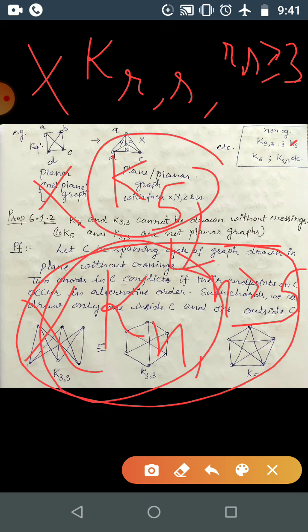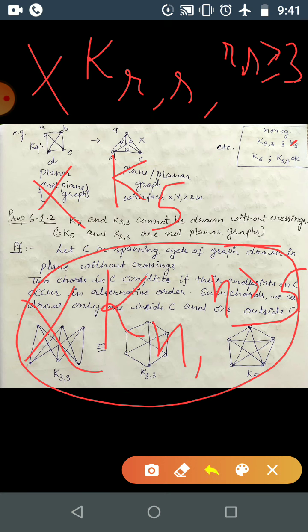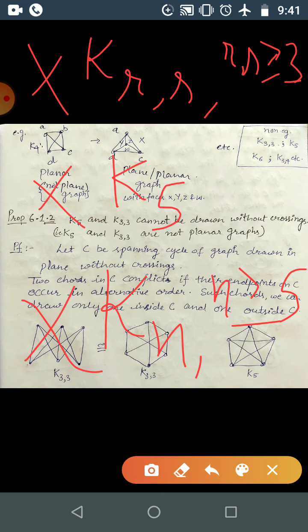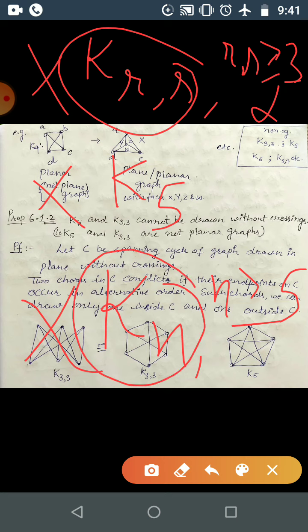If we cannot draw any subgraph of a graph as a plane graph, then we also can't draw the graph in a plane. Okay, and here, why is this not planar? Because K33 is a part of this one, and we cannot draw K33, and here K5 is a part of this one, correct, a subgraph of this one, and we cannot draw this K5 as a plane graph. That's why we can't draw the bigger supergraph, or you can just say bigger graph, correct.